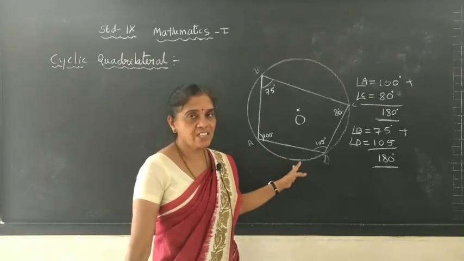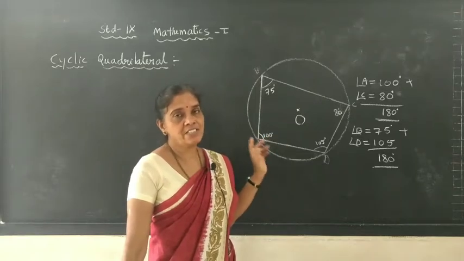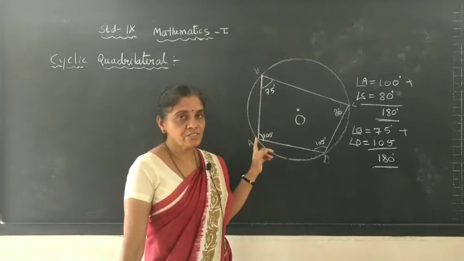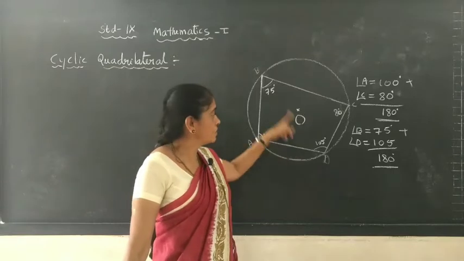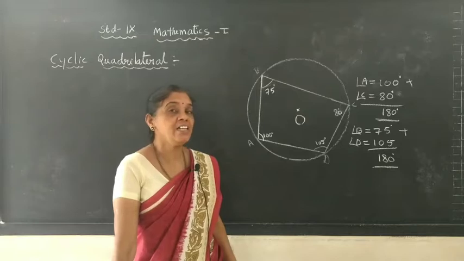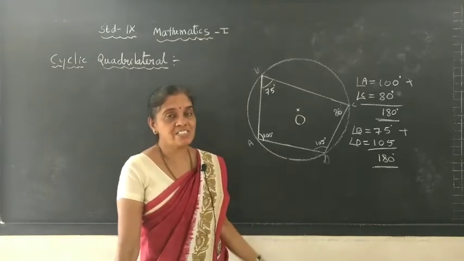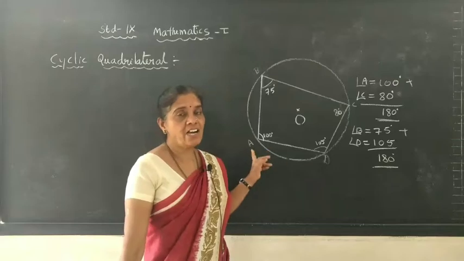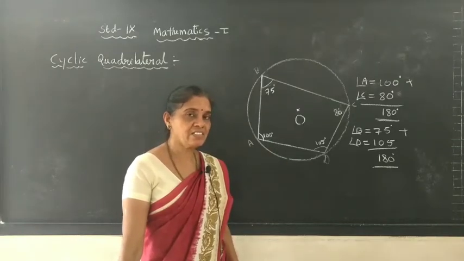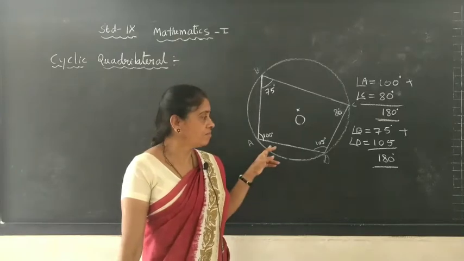It is given in a theorem, the same relationship, in the statement of the theorem: a quadrilateral in which either pair of opposite angles has a sum of 180 degree is a cyclic quadrilateral. Or if it is a cyclic quadrilateral, either pair of opposite angles has a sum of 180 degree. That is the last theorem in this chapter we have to remember.